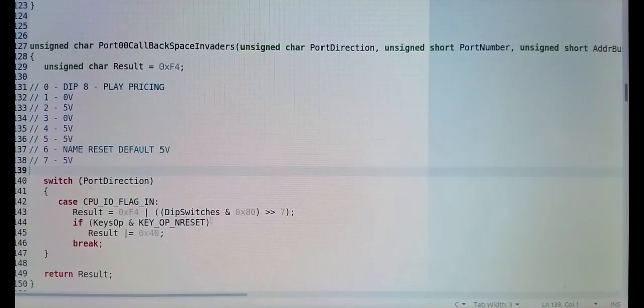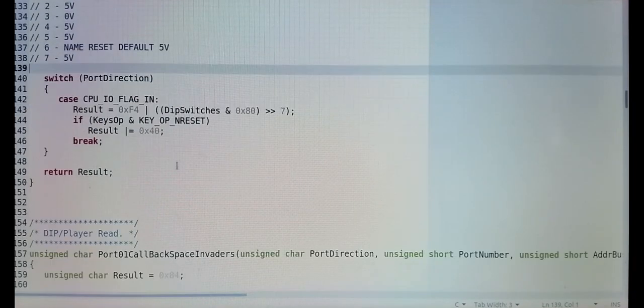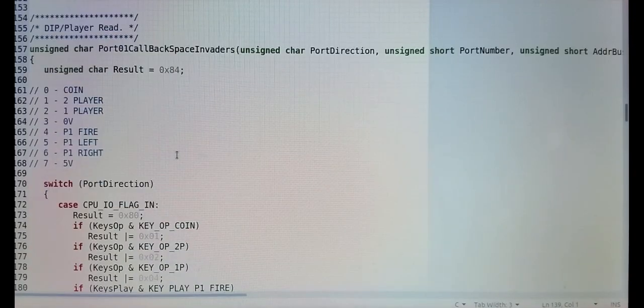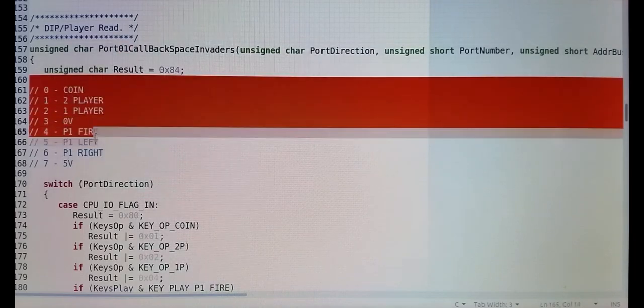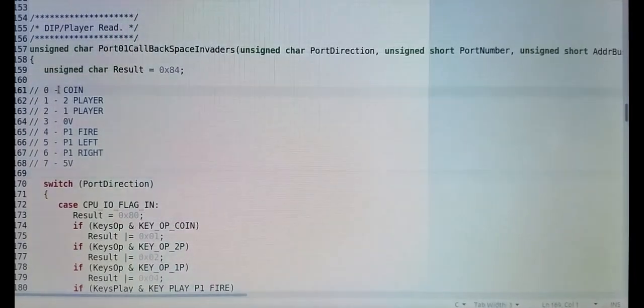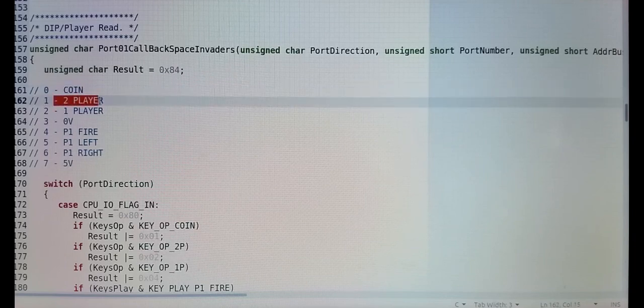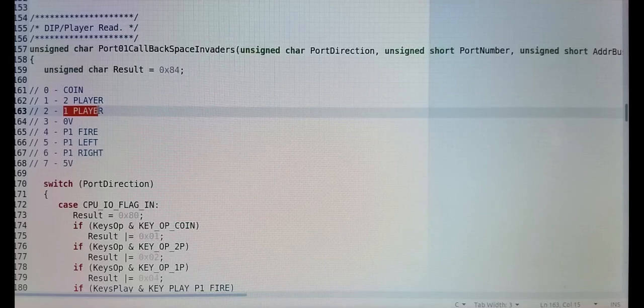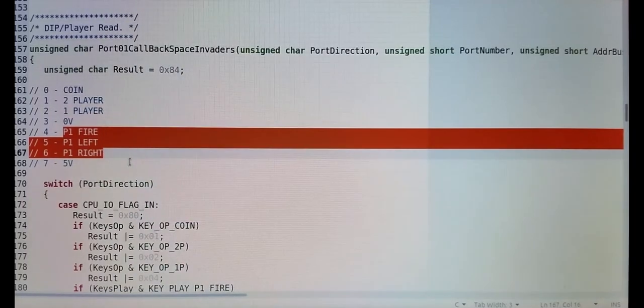That way if it gets called, I can actually do something with it. Then we come down to some of the ports which do get actually called. So port 1 handles this on the input side. So if a coin is actually inserted, then bit 0 will be a 1, or if the start two-player game button is pressed, then it will set this bit. If one player is pressed, then that bit is set, and it also does controls for player 1 as well on this